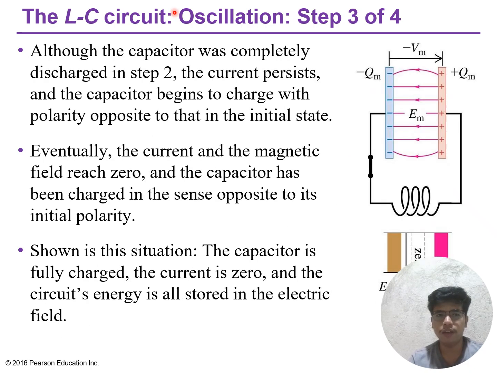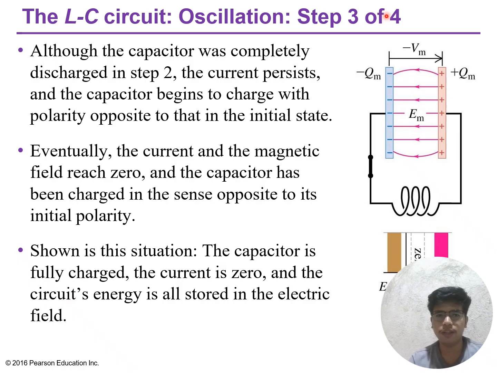So in step 3, from step 2, the inductor is full of magnetic energy with maximum current flowing, and the inductor starts emptying. Its collapsing magnetic field pushes charge onto the capacitor plate, but with opposite polarity, flipping positive and negative compared to the start. You can see they're flipped. So voltage across the capacitor builds to maximum V sub m with reverse polarity, where the positive Q sub m is on the right plate and the negative Q sub m on the